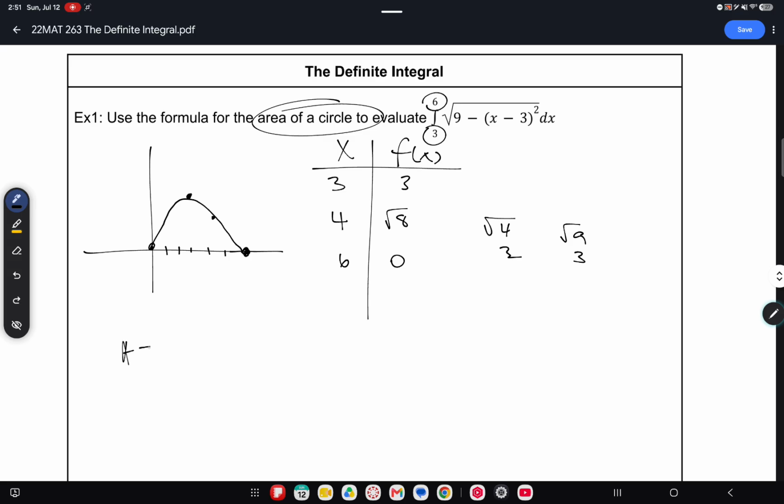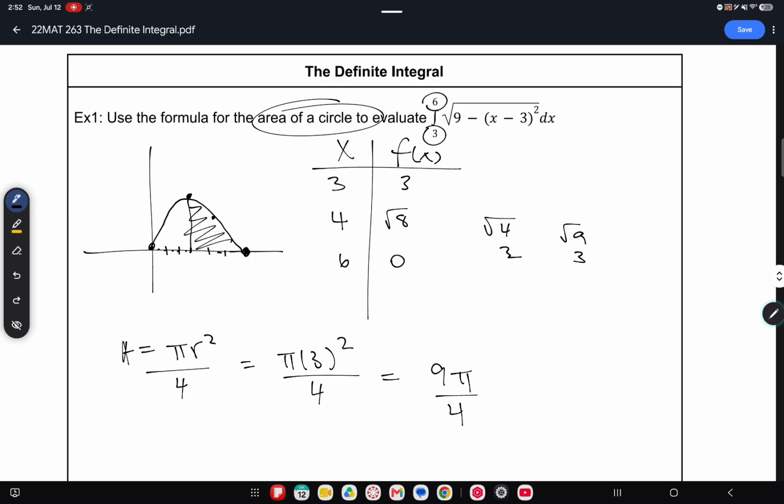So the area of a circle, we should know, is pi r squared. And if we're only looking from 3 to 6, then that's a quarter of a circle, because that's a half a circle right there. So we'll do pi r squared divided by 4. Our radius of this circle is 3, right? So pi times 3 squared divided by 4 is going to be 9 pi over 4 units squared. But